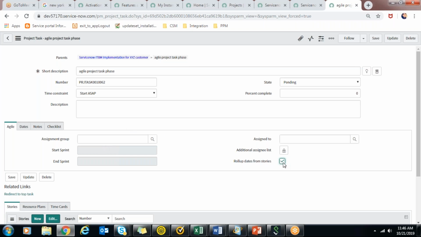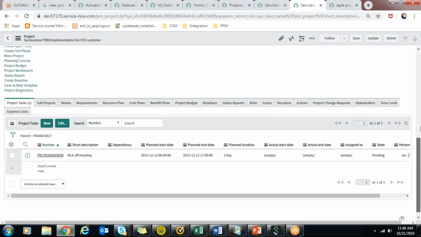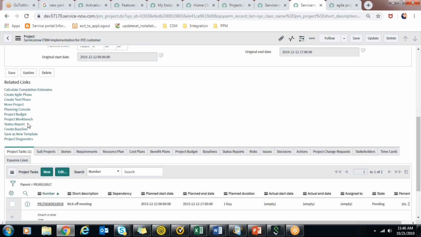So if you uncheck, you can define the sprint, you can define create stories under it. So when you say agile, this will happen. And if you just create a waterfall phase, it will just create a project task without this agile tab. To properly see that, you can click on project workbench,